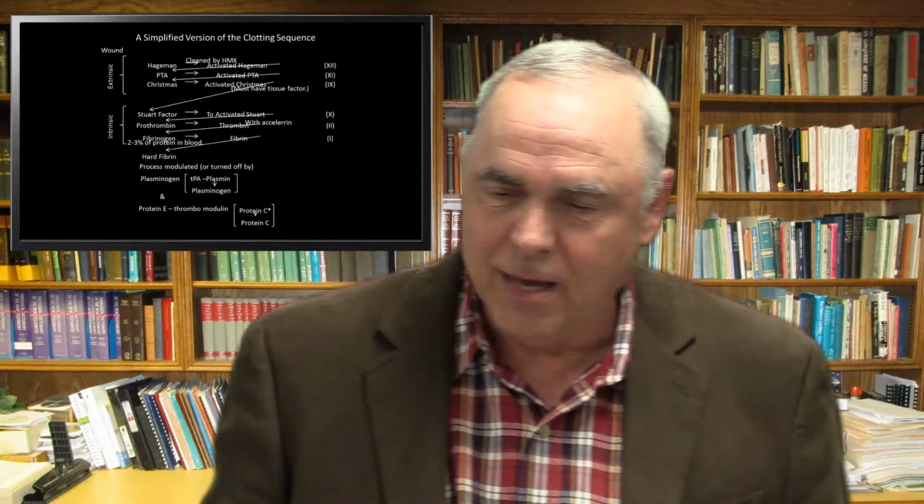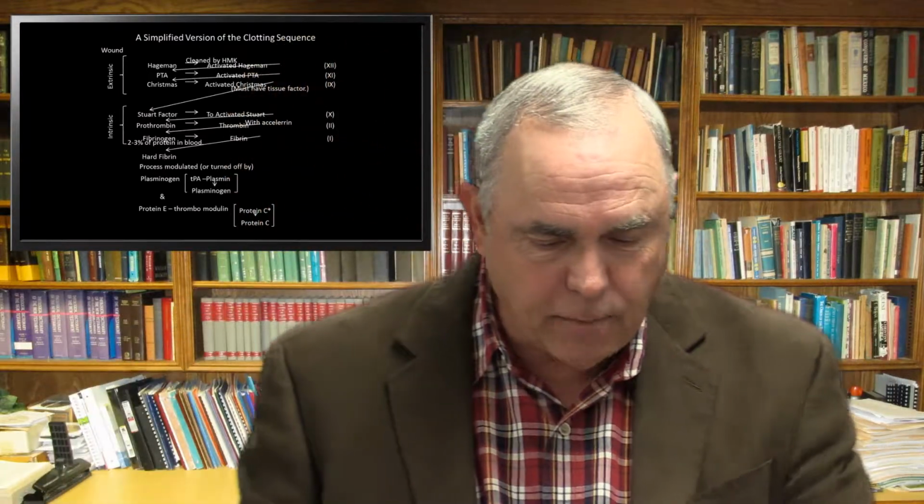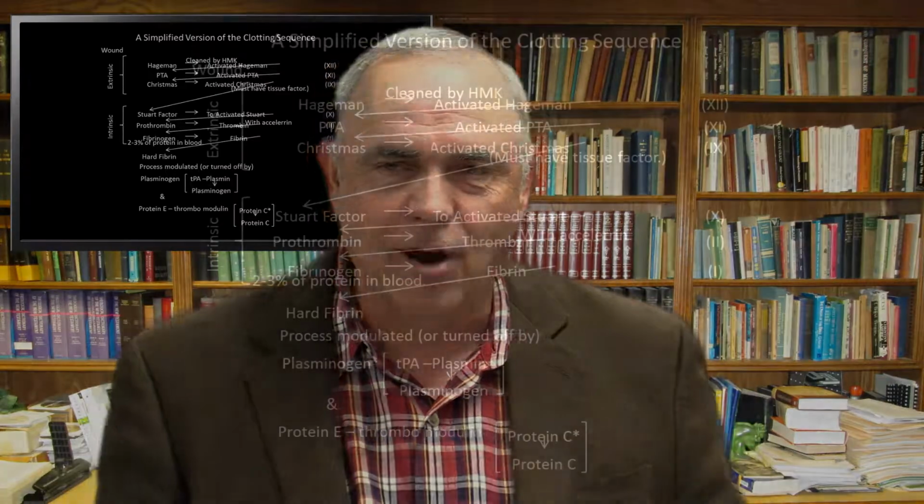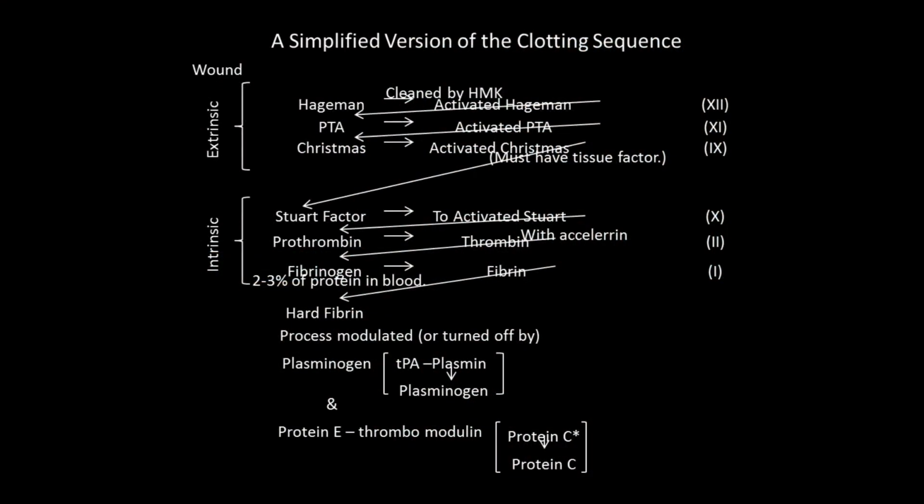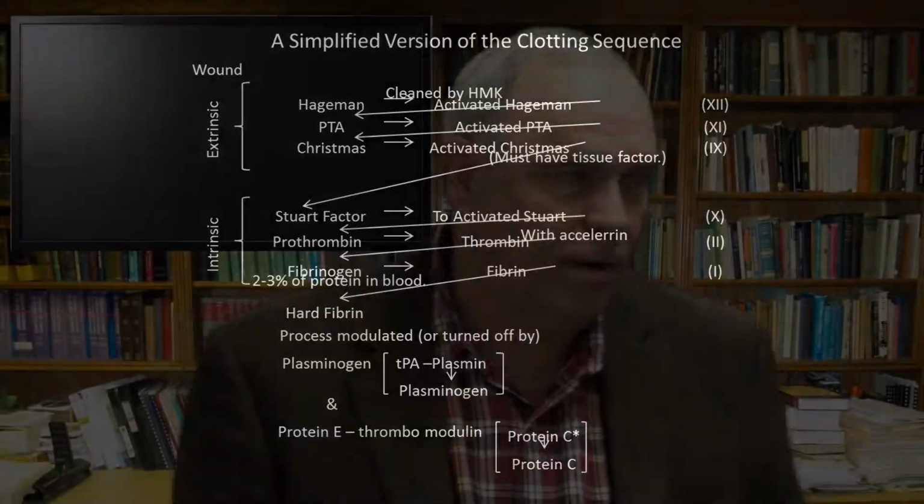What I've tried to do for you, with the help of my lovely wife, Cherry, because I wrote this out, and if I had printed it out and given it to you, you couldn't have read it. So she printed it out for me. If you've got it in front of you, I've tried to put the numbers with the name. It goes from the top down. Clotting factor 13 and 12 is where it all begins. Now you'll see on this that there's not 13 in a row. It's not that simple, but I've tried to simplify this for you as much as I can. So you'll see the clotting cascade.